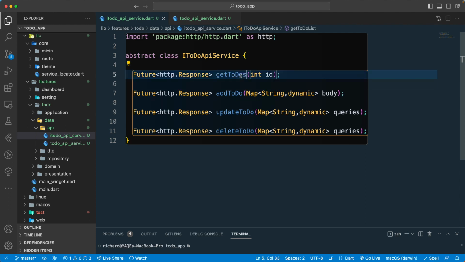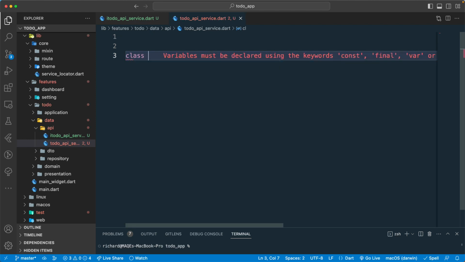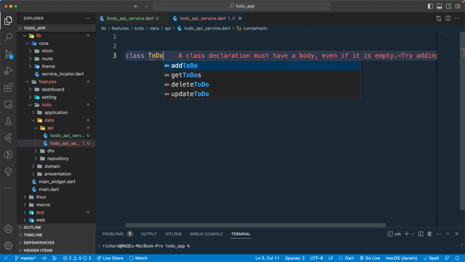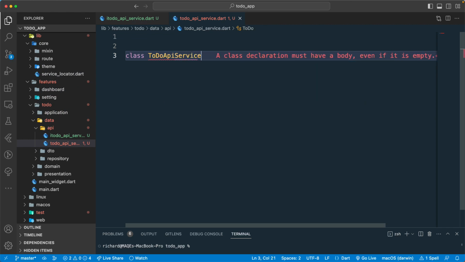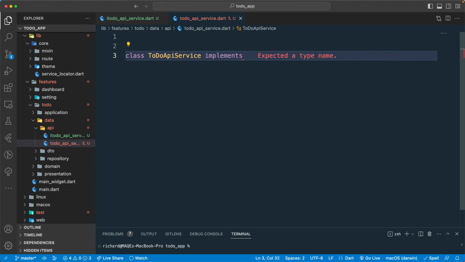So we'll be passing it this one over here, get the to-dos, that will return the paginated data. So once we have this interface, what we need to do is implement this one in the to-dos API service. So let's go over here and create the service class, that will be the to-do API service class over here,